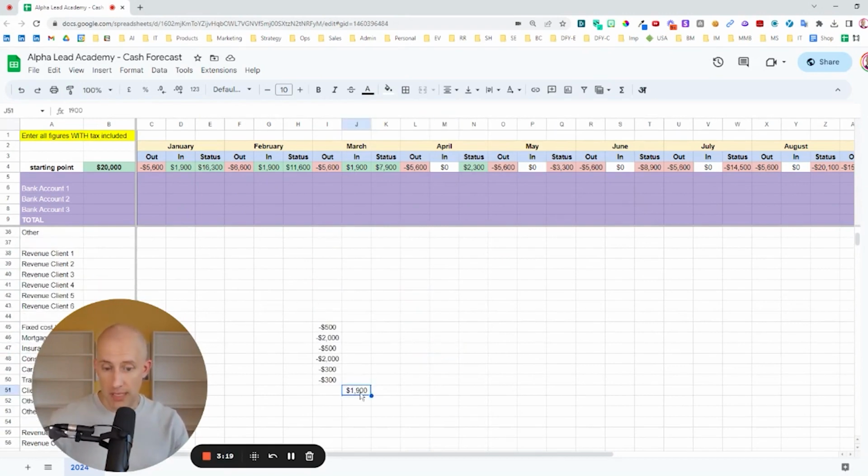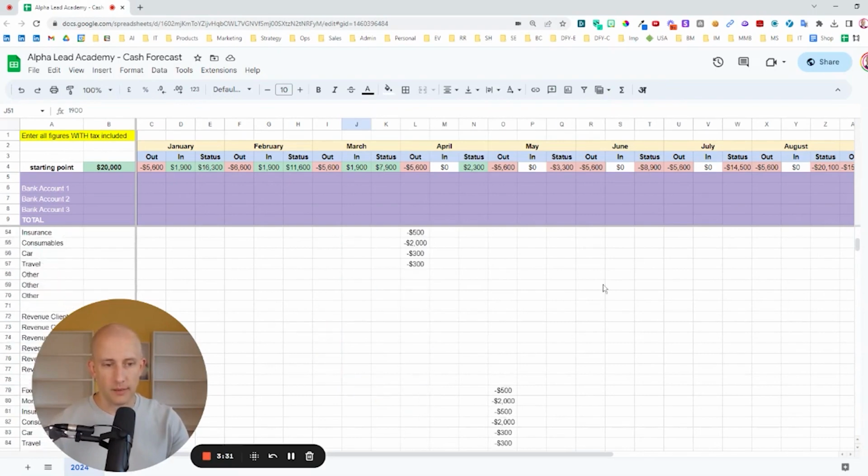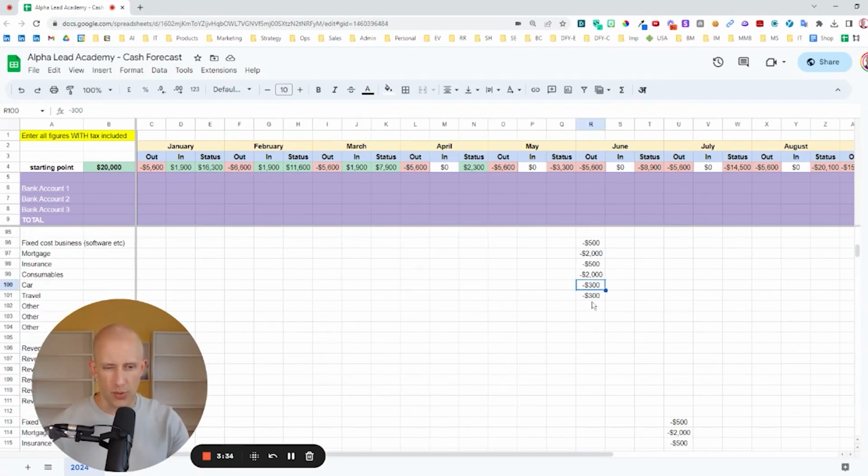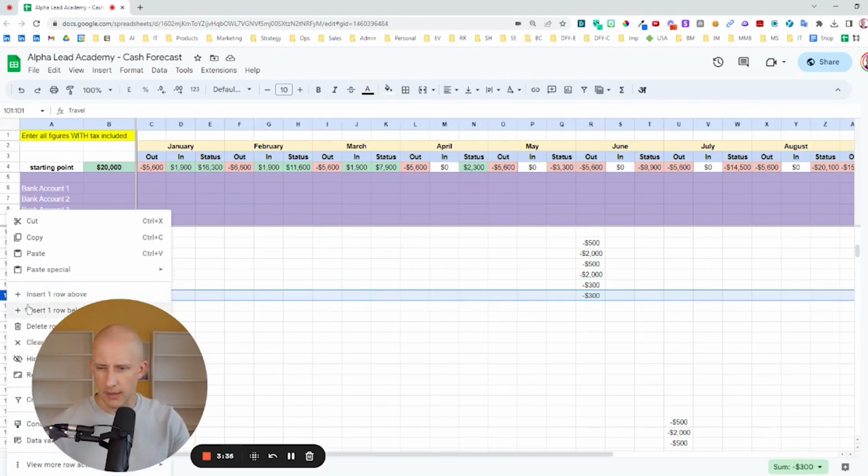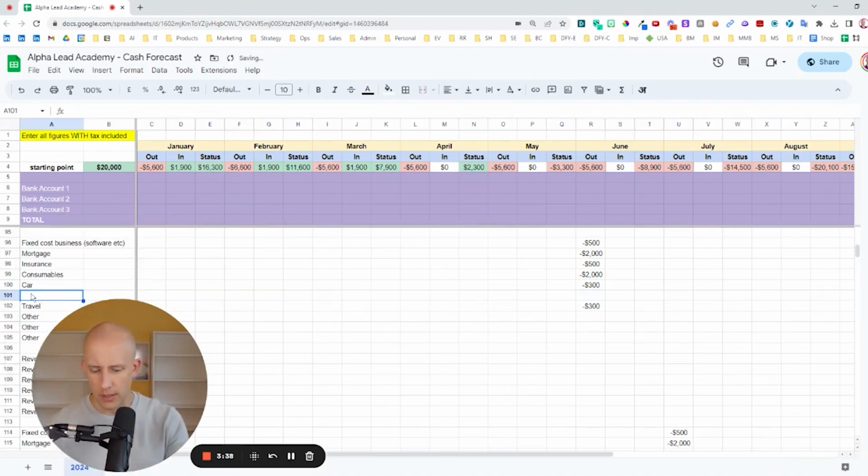Of course, if there's, for example, tax included, you need to include it because it's cash in. But if you know that you will, for example, have to pay 20% of this at the end of June, you can say, for example, here you will have a new out thing, right? We're going to insert one row here, tax for client John. And let's say here we can reasonably assume that he's going to stay for 6 months.